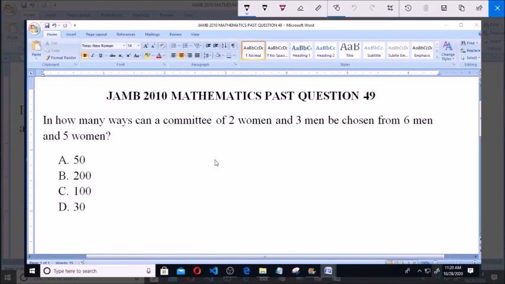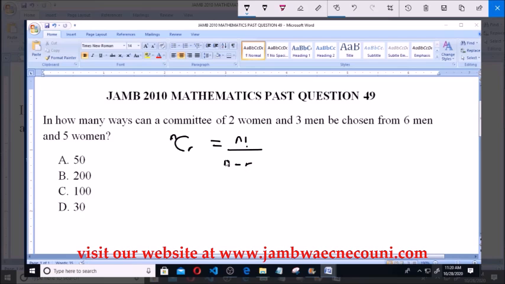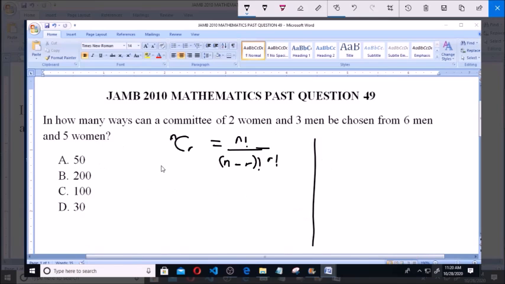So this is a combination, and like we know, when we have n combination r, it is equal to n factorial all over n minus r factorial then r factorial. So now we would divide this into 2. We would check for the combination of women, and then the combination of men. So now for women,